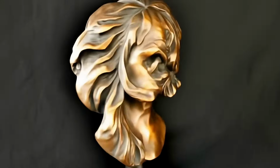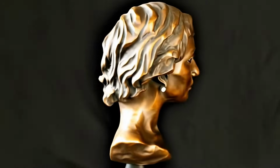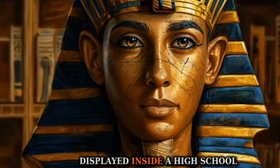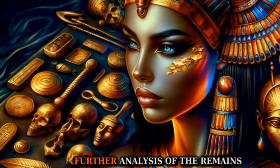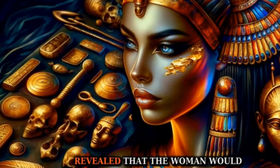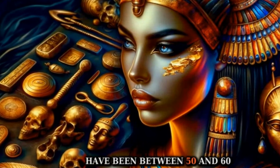2. Ancient Egyptian mummy found inside a high school. Archaeologists were surprised to find the mummy of an ancient Egyptian female displayed inside a high school library in New South Wales, Australia. Further analysis of the remains revealed that the woman would have been between 50 and 60 years old when she died,